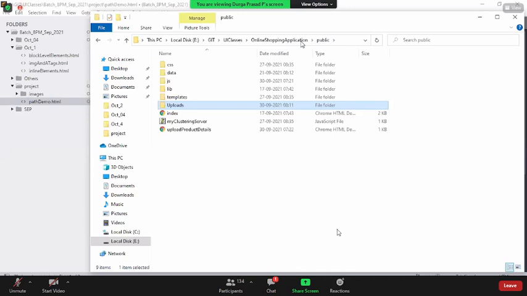That is the reason it is recommended to put the resources into specific folders, because in future, when we create bigger applications, you will have hundreds of CSS files, hundreds of JS files, hundreds of images. You don't want to mix and match them. So better create separate folders for each of them.